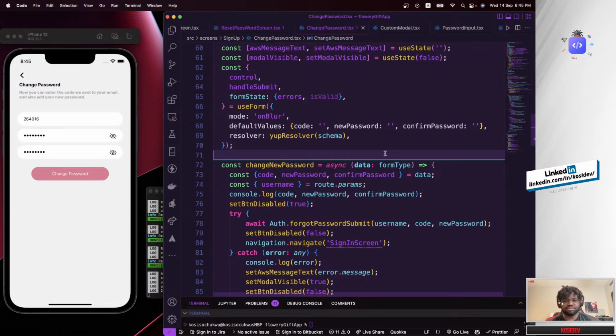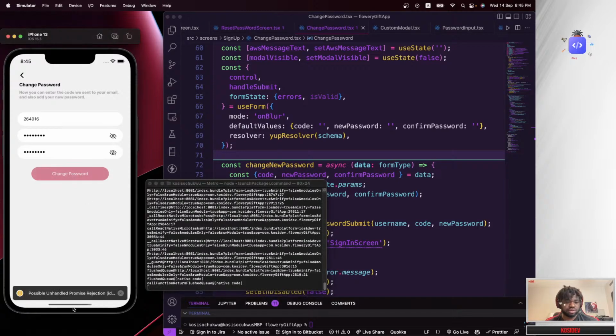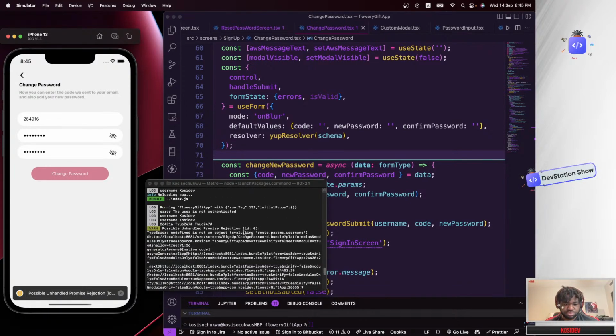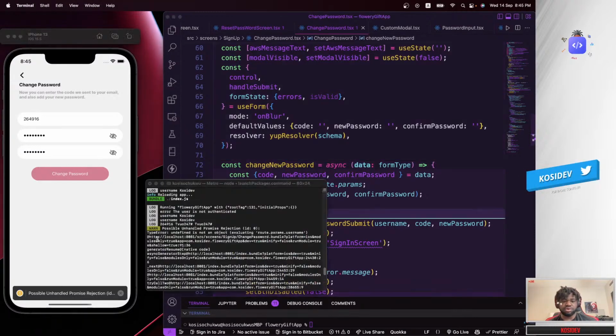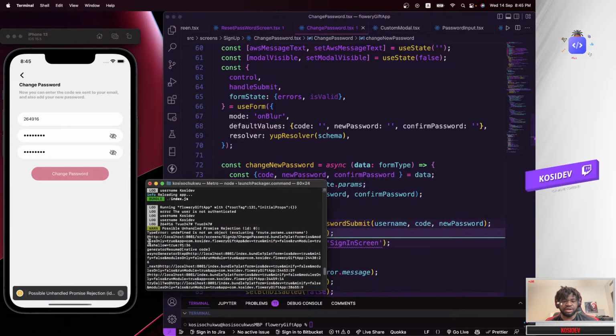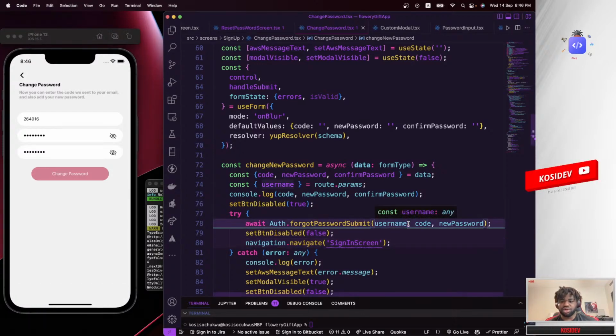Let's give that a try. So we actually enter the code that was sent. Let's try change password. Okay, basically right now, because we're not actually passing the username, that's why it's getting the undefined error. One way to solve that, because we already know the username, and this is for testing at the moment,